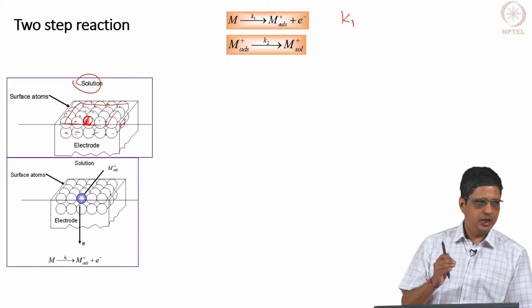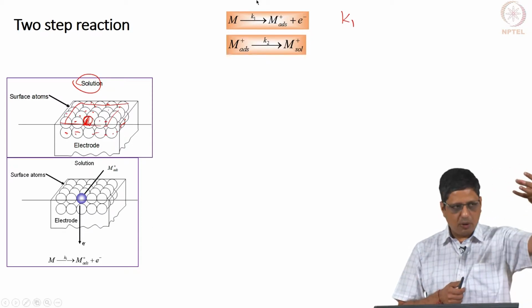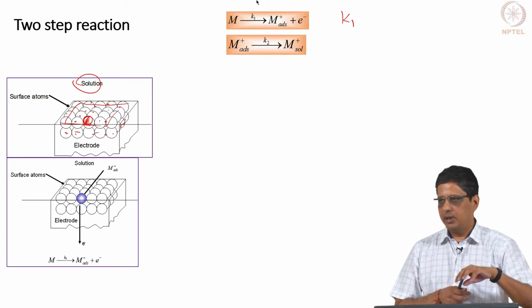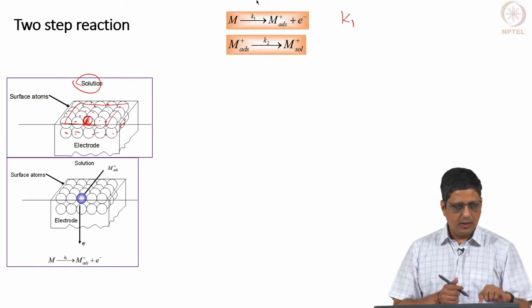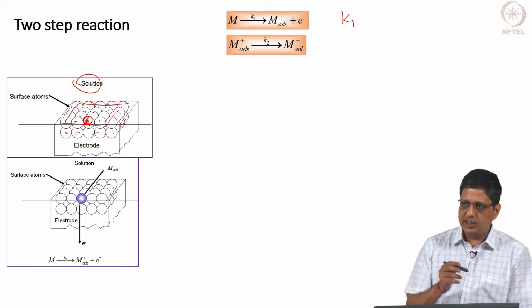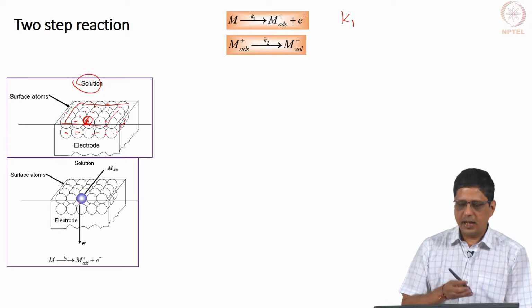Normally in chemical engineering literature or even in other science literature, if material comes from outside and sits on top, you will call it as adsorbed material. But in this literature, the adsorbed here means it can lose an electron, this is a different species now, and they would call it as adsorbed species. So, keep that in mind.